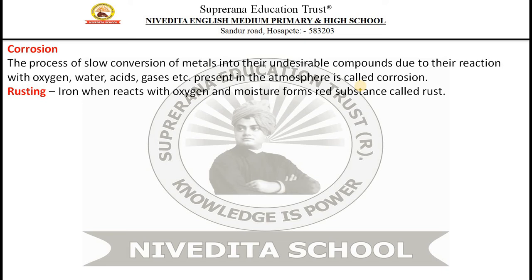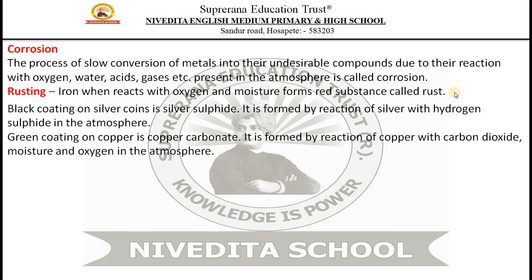For example, iron gets spoiled or gets rusty when exposed to air. Any iron article kept outside for a long time, you can see that it will get rusty, right? And acids are also important for spoiling different things. So the first thing, rusting, let us discuss that, and I will go into detail about different substances. Iron, when it reacts with oxygen and moisture, forms a red substance called rust, right?